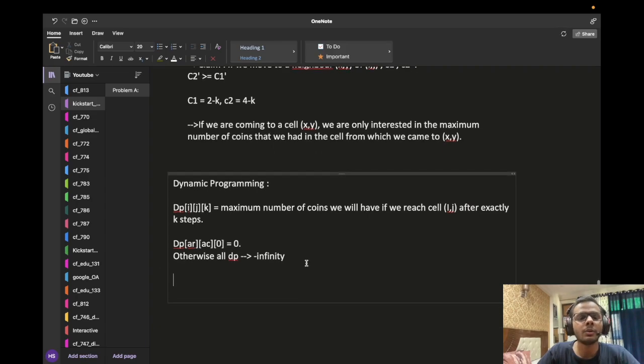And now the transitions again are pretty simple. So let's say we know the dp value of i j k. So we know dp i j k, right? So from i j k we can go to any of its 4 neighbors, right? Cool. So what we'll do first of all is we will calculate this cost function. So we'll basically implement a cost function where cost of coins and direction will return